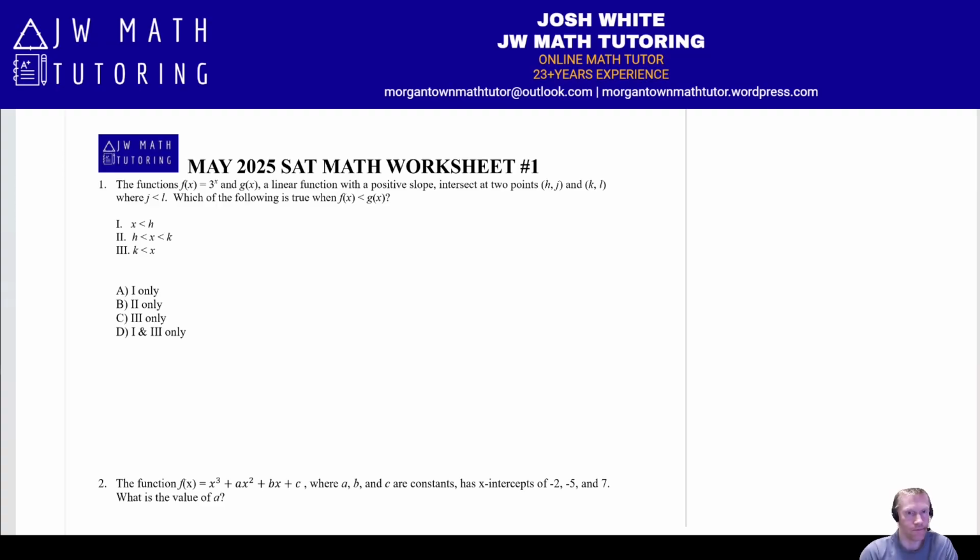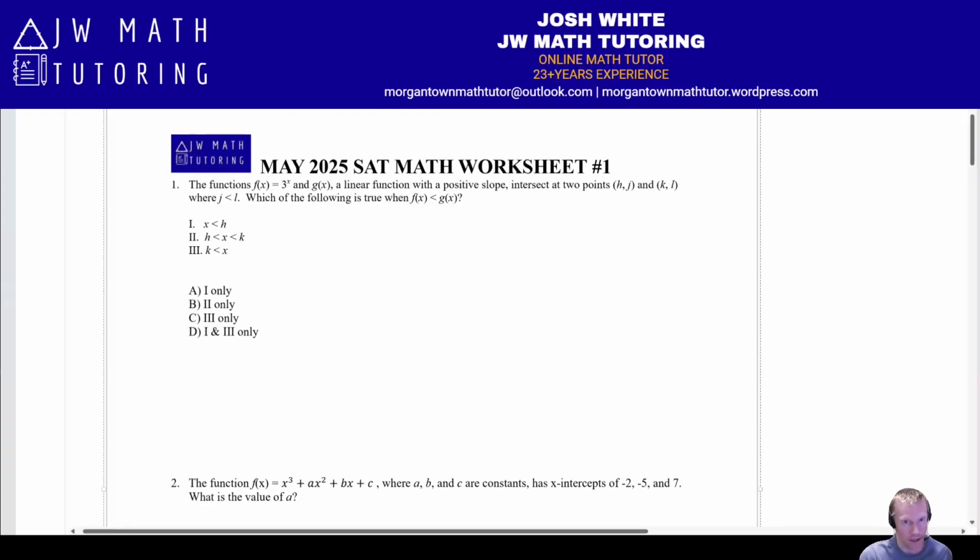All right, so let's go ahead and get started here with question number 1. Basically, what we have going on here is a linear function and an exponential function. So f of x is the exponential function, 3 to the x, and g of x is the linear function. If you are familiar with the properties of each, a linear function increases at a constant rate the entire time,